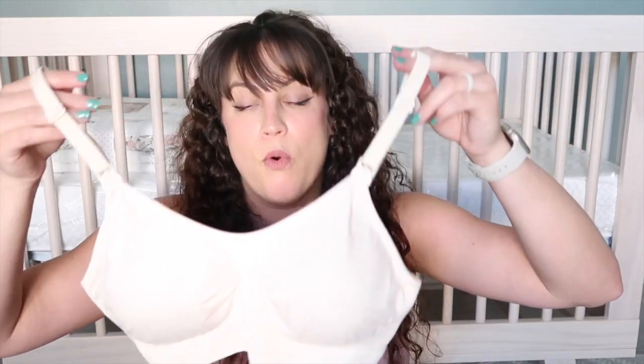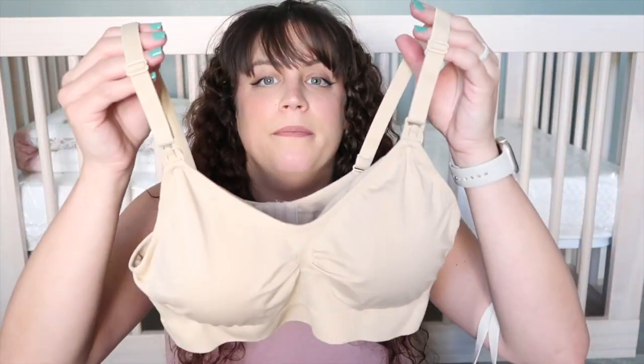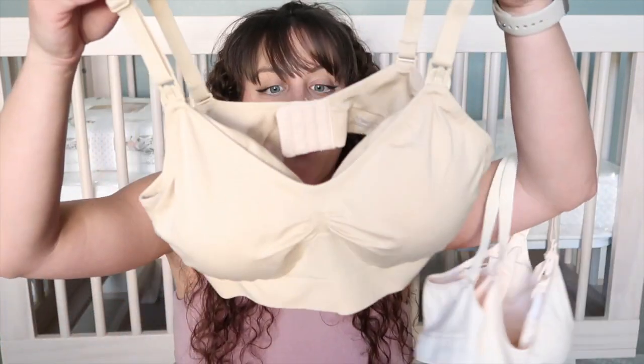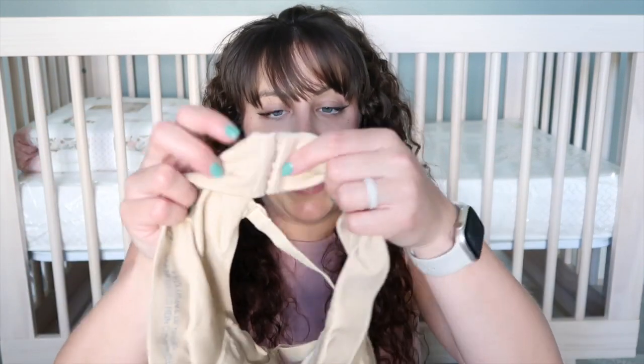This was a pack of 4 on Amazon, and you could choose your colors. And I'm pretty sure for all 4 of them, it was like $32.99. It was somewhere around $30. But these are so comfortable. It's so comfortable, and the little snap is super easy to use, snaps back on, nice and secure. And it does have the hooks in the back so you can adjust it if you need more room or